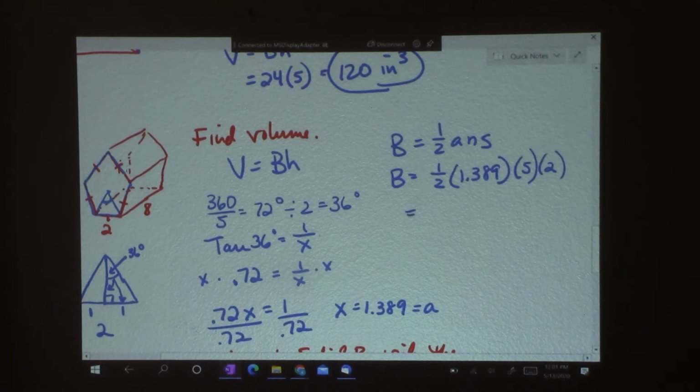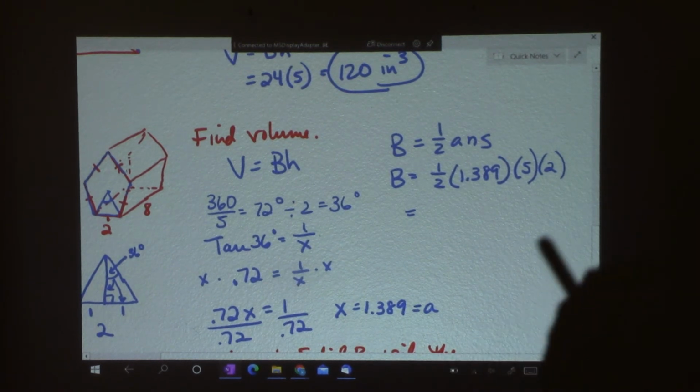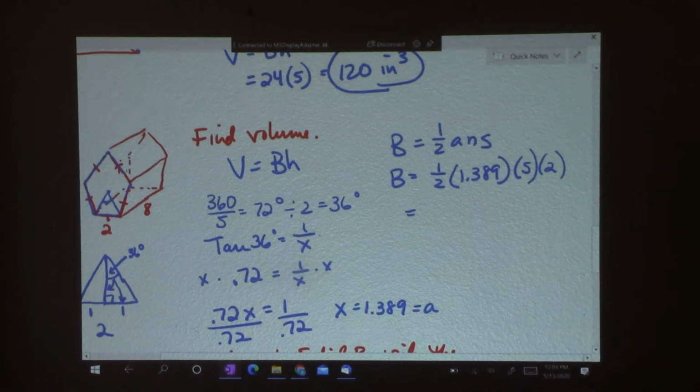So when I work that all out, the 1/2 and the 2 cancel, so I end up just multiplying the 5 times the 1.389, and I get 6.945. So that's my base area. So the volume is going to be 6.945 times the height of the whole thing right here, which is 8. So I multiply that out and I get,